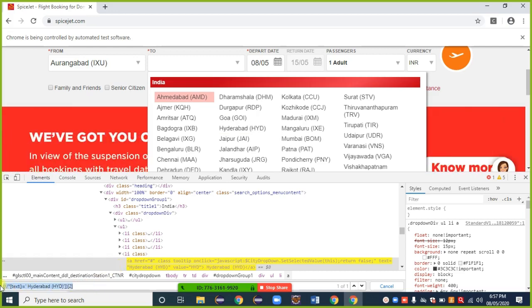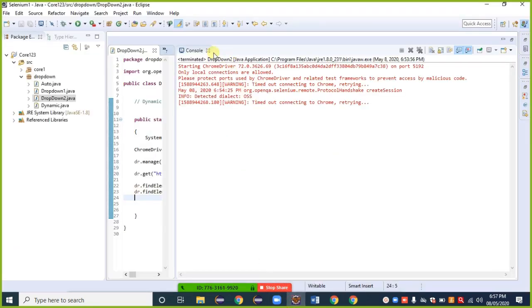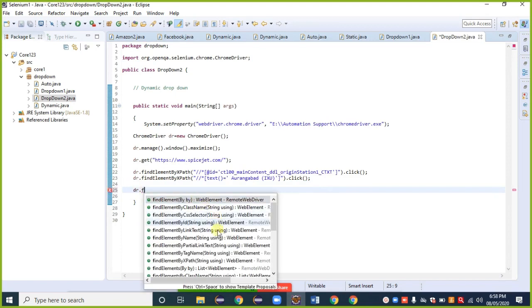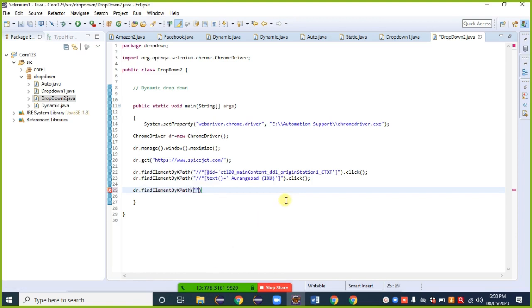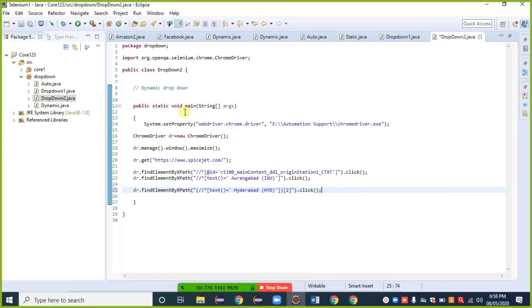Take the total here, Control C, and provide it inside the program: driver dot find element by dot XPath, double quote, Control V, dot click. Click on the run button. We are providing Aurangabad to Hyderabad.